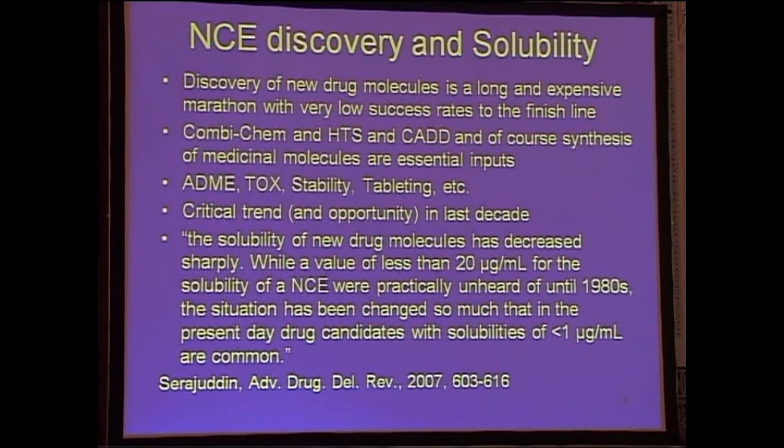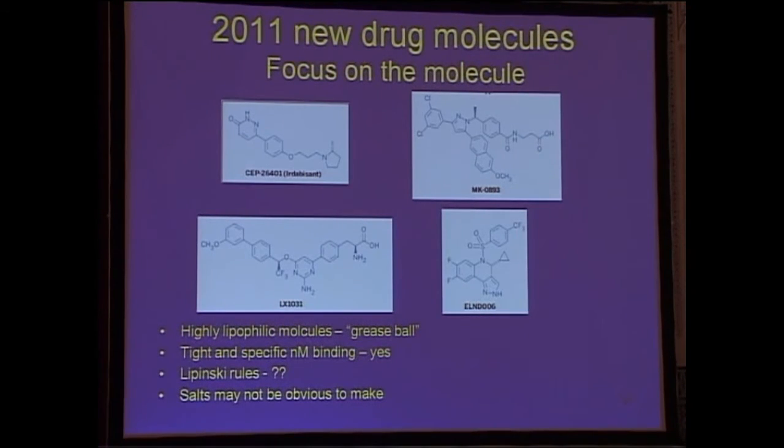Now, there are a variety of reasons why we are now seeing drug molecules with very low solubility. And I think I'll just share a few slides to show you what could perhaps be reasons. These are drug compounds which were approved by the FDA in 2011. And as you can see, some of them, particularly this one, actually lack any hydrogen bonding groups. And that is the kind of functional group which would give water solubility. So these are not only rather complex, they have multiple functional groups, they have conformational flexibility, they certainly lack any kind of symmetry.